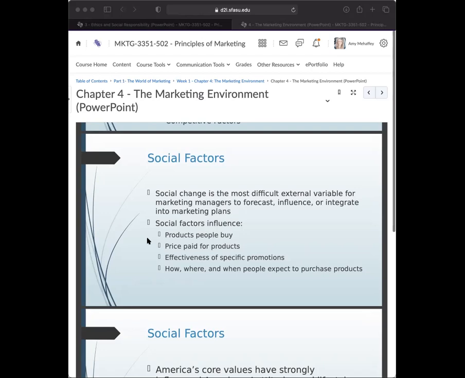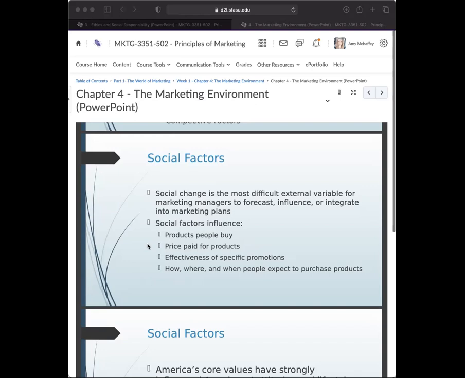A lot of people now you'll see on different websites, like I think Amazon has it, Etsy has it, different companies will highlight businesses owned by diverse people. So they'll say Black owned businesses, and they'll feature these businesses. And so people have really gotten into wanting to support diverse business owners, which is a great thing. And so we talk about that and we say, okay, these are influences that have changed. A year ago, 2 years ago, people might have cared about it, but not as much as they do now because of this social shift that has taken place.